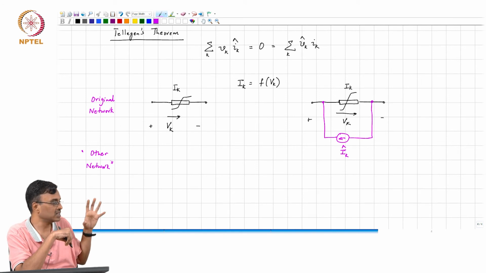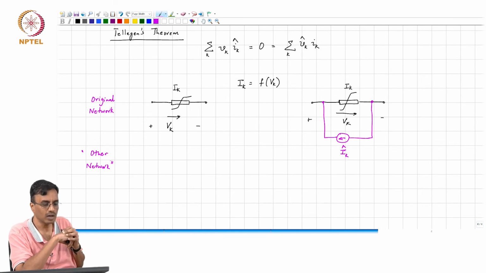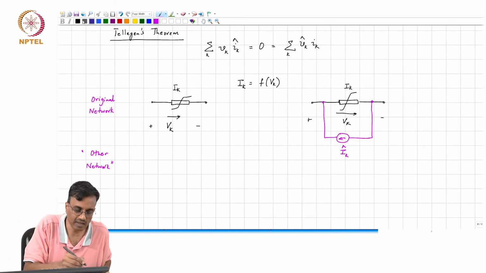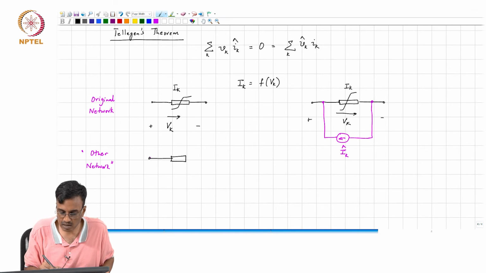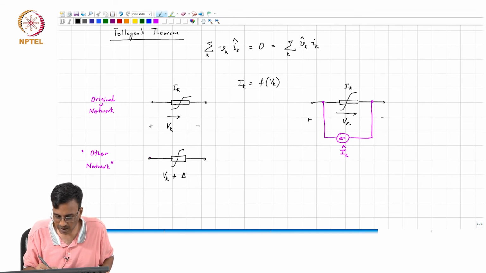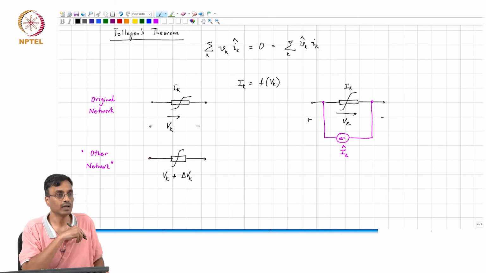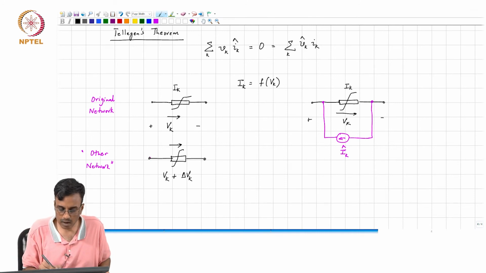So if you go and change say a source voltage by some amount, then all the branch voltages and the branch currents are going to get changed, and therefore this voltage is going to be Vk plus some delta Vk, and the current is going to be,